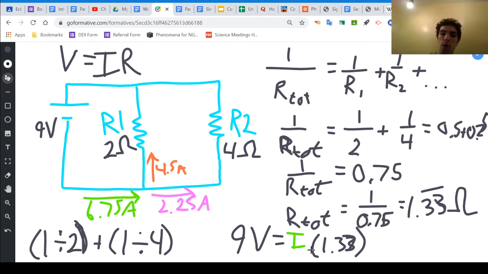And then if we're trying to solve for this current, this green I down here, we've got to get rid of whatever's next to it. So we want to isolate our I. Right now, 1.33 is being multiplied by I. So to get rid of this 1.33, we have to divide both sides by that. And if we do 9 divided by 1.33 and we hold as many 3's as we can, we should get the exact same thing that we got before. So we should get that that current is